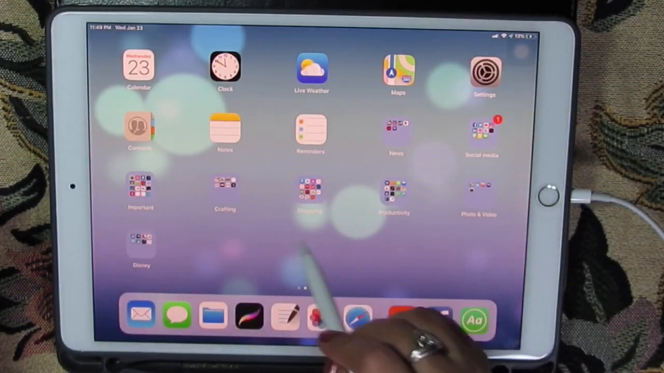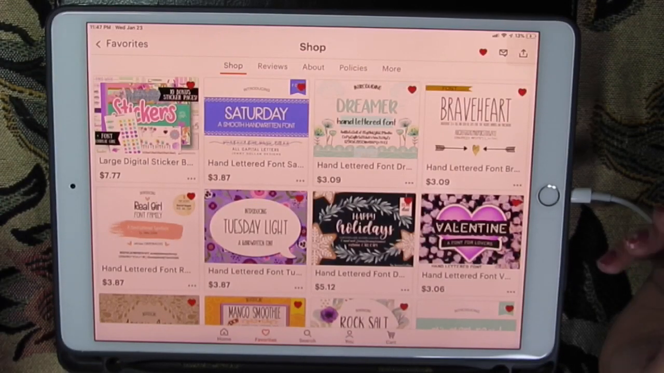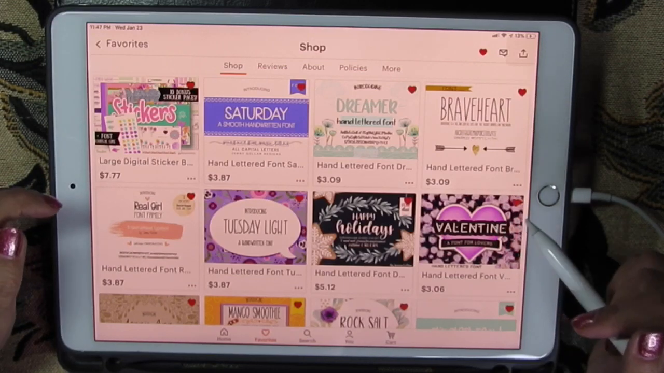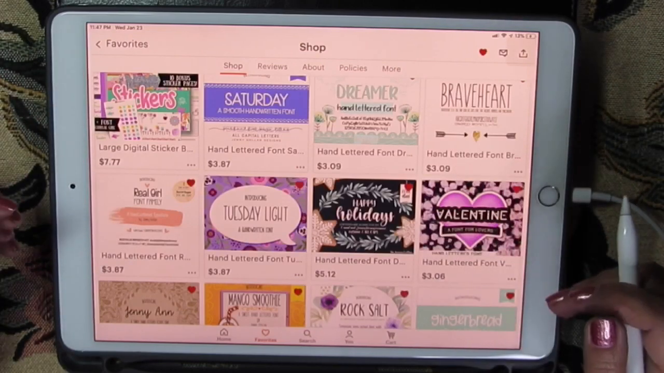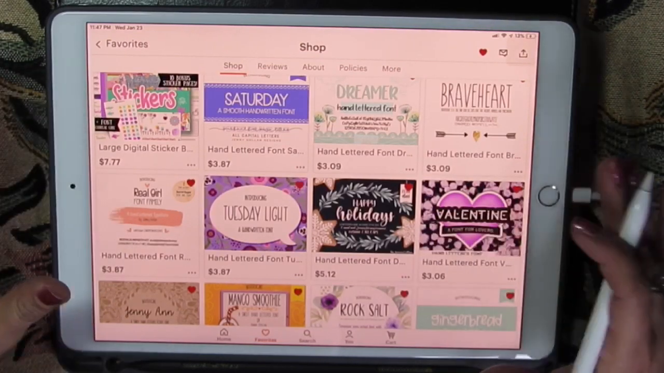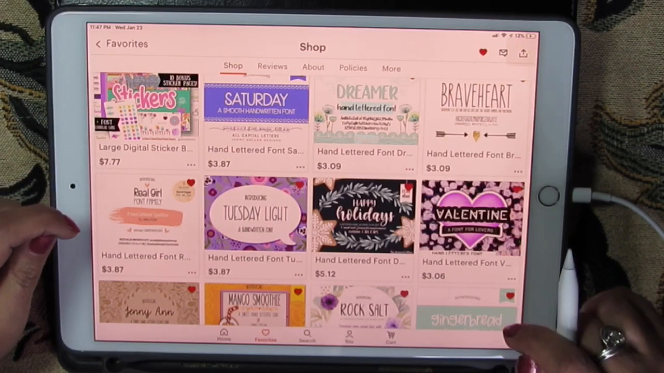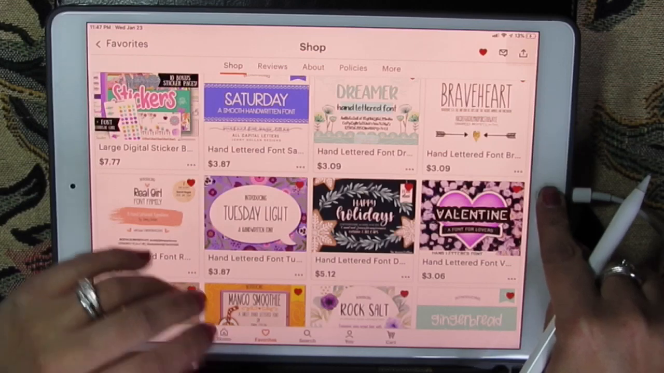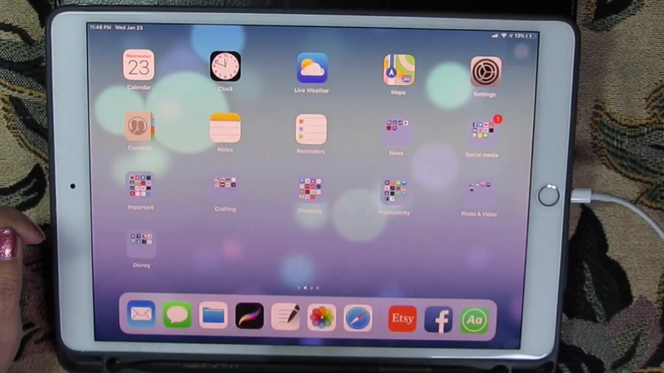When you open it, it looks like this. So I am in my Etsy account in the app form. Most of us use the app because it's easy to maneuver and purchase your digital items through the app. However, you cannot download from the app. So you're going to purchase either through the website or through the app, but then to download, you're going to